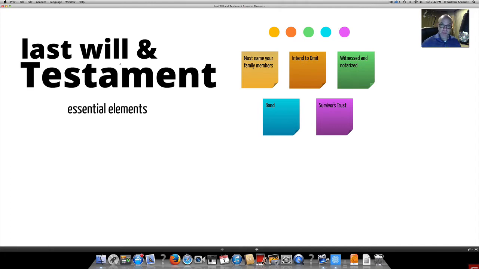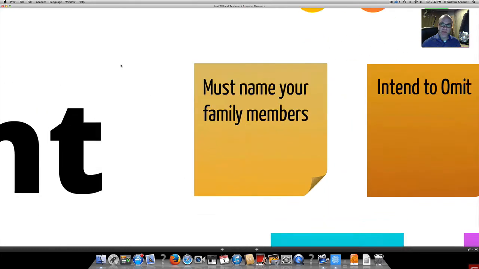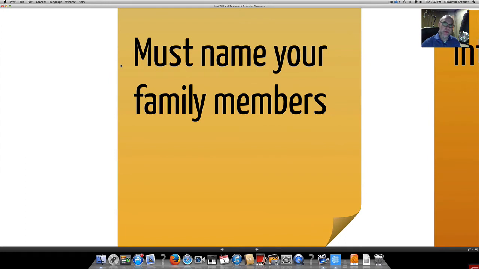And there are a few things that you must keep in mind when thinking about a last will and testament. The first is you must name your family members. So you need to know who you're married to and who your kids are. And if you don't, then it raises a question as to whether or not you have capacity to even draft the